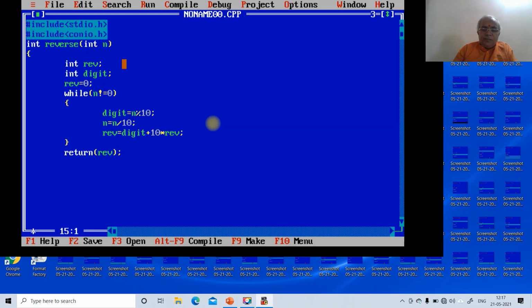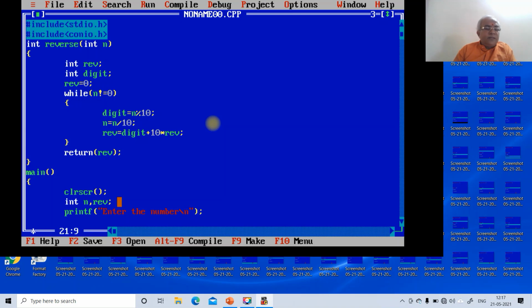And then close this. Now we will come to the main program, main, then open the braces, then int n comma rev. So here you give the clear screen, clrscr. Then printf, enter the number \n.